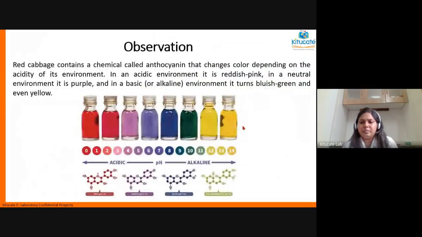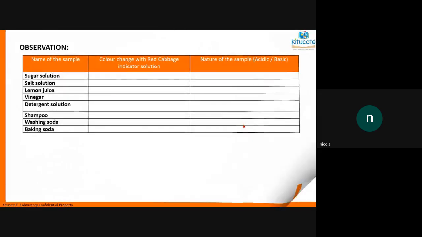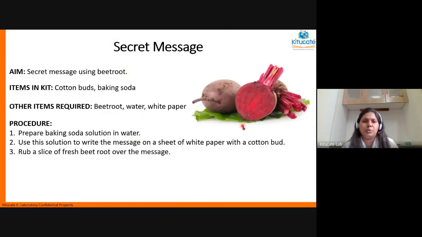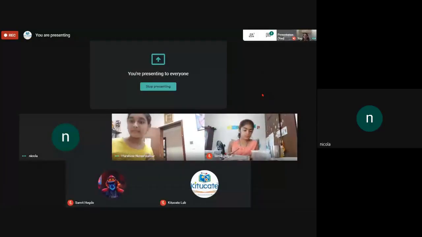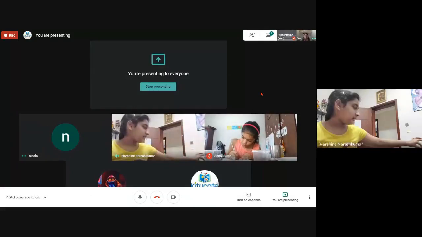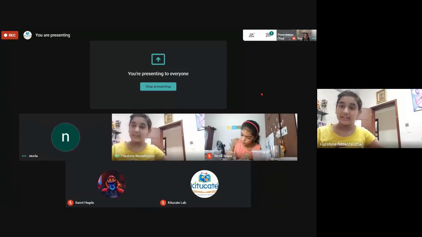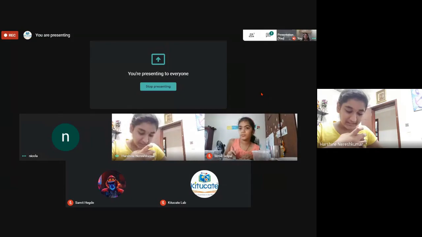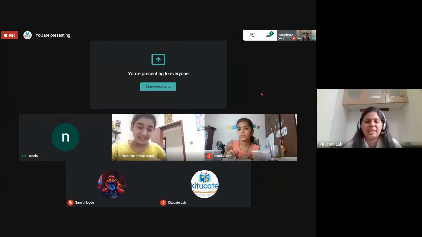Okay, so I will not be showing you the beetroot thing. Ma'am, I just tried cabbage, hibiscus, and turmeric extract all together in 1 cup. It turned out a little reddish yellow, kind of orange. Okay, so it's just a mixture of colors. They are all indicators, so a mixture of colors.